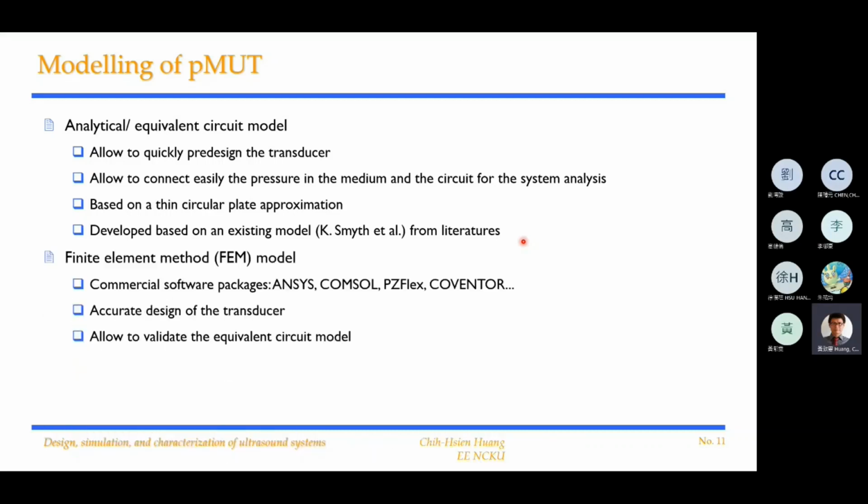Second one is a finite element model, which you call the FEM model. Some people may think it's easier to do things with FEM because COMSOL is very popular. It's already a commercial software package, so you just need to bring out the studies and physics you want, combine them together, and make every setup like what you need. Then you should be able to get a very